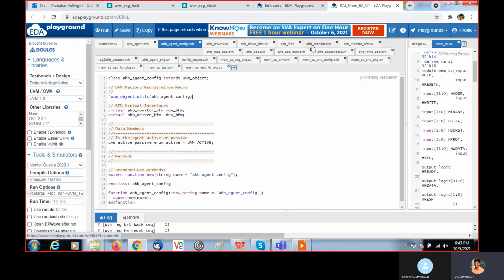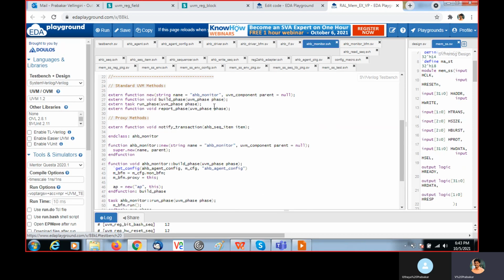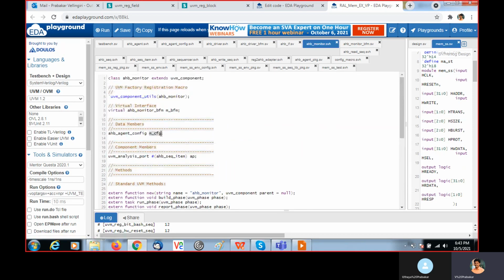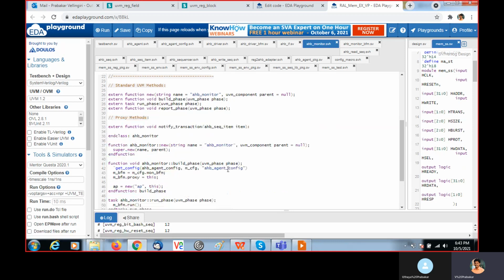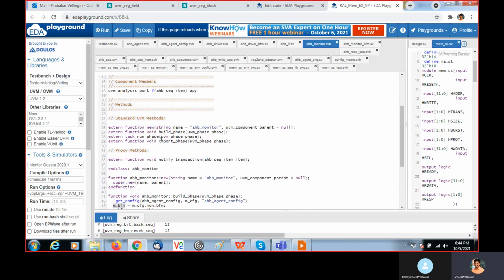So I instantiated this AHB agent config as mconfig, and I am getting the handle from the AHB agent config that I already set. Inside the AHB agent config, I have the monitor BFM, right? That BFM is assigned to this MBFM. MBFM we declared.